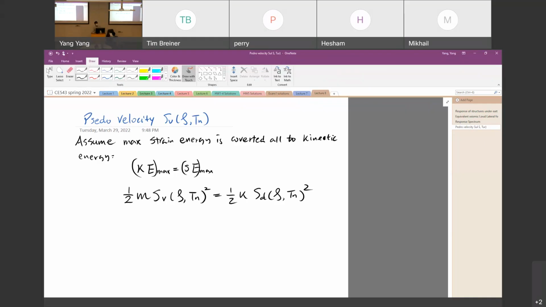So some energy will be dissipated to other types of energy, such as heat, or fracture energy to fracture concrete, or some damage energy to yield the steel. So based on this, we should be able to tell the relationship between the